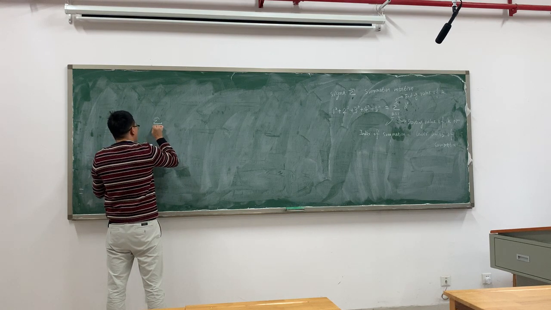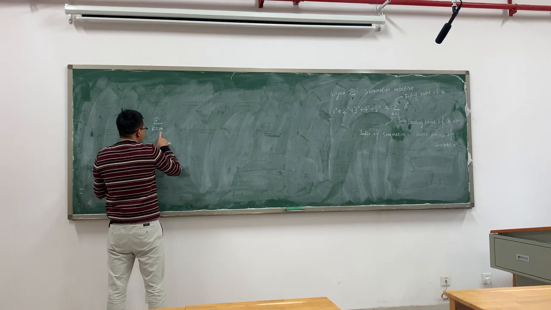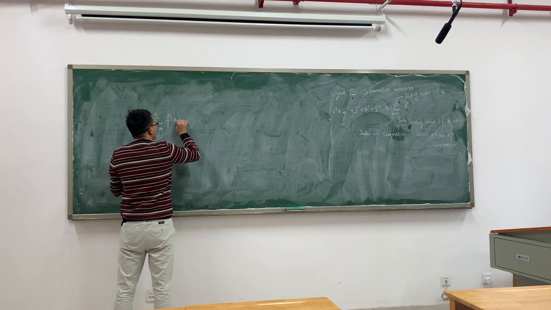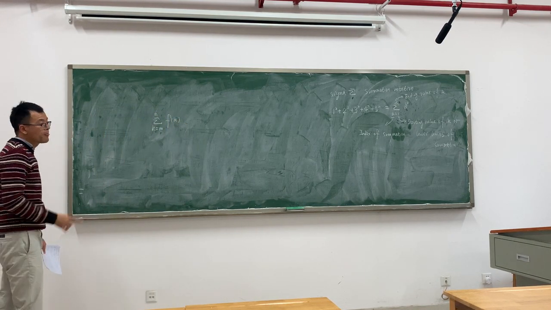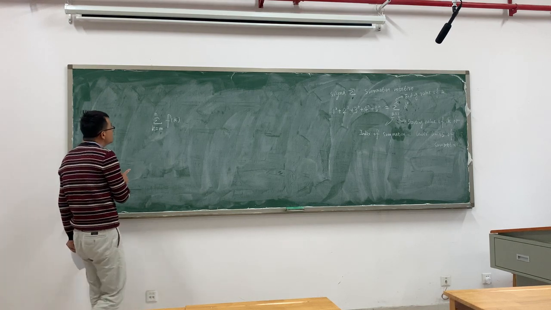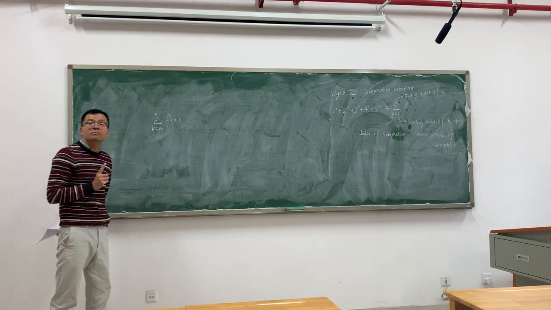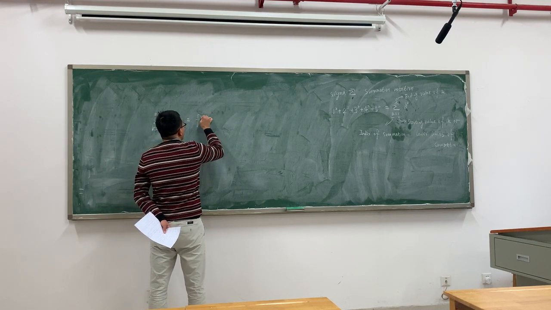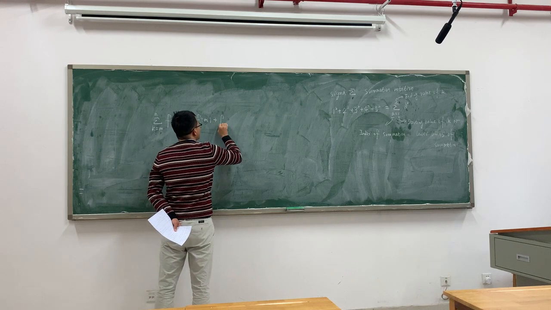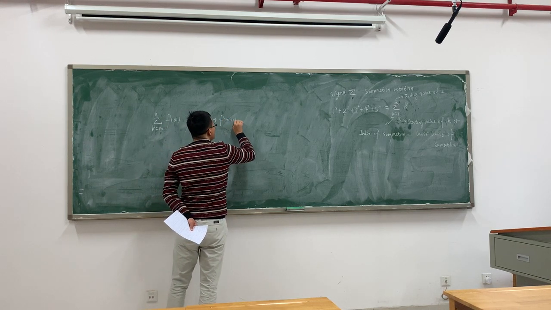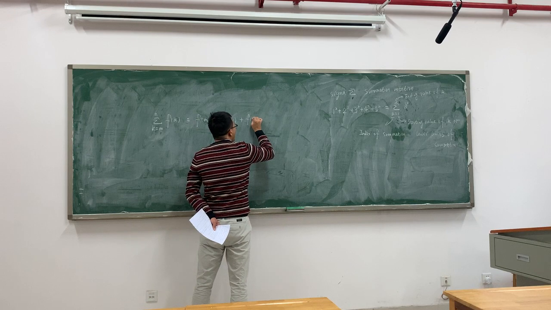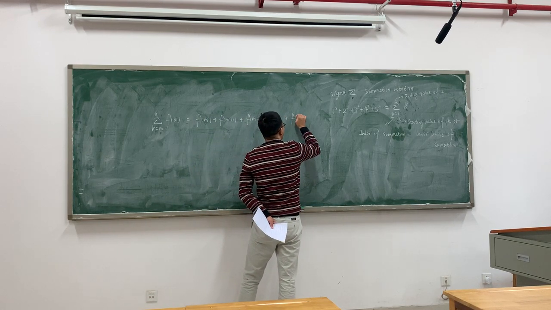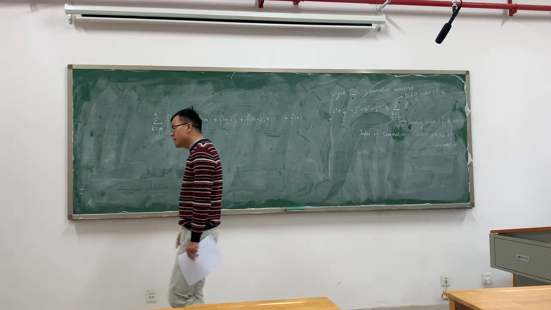Summation, sigma k equal to m to n of f(k). This summation means f(m) plus f(m+1) plus f(m+2) and so on up to f(n). So here, in this notation,